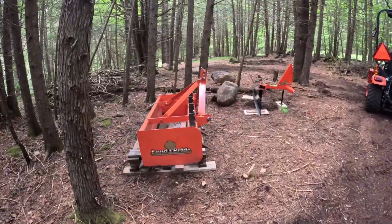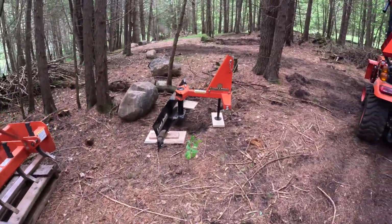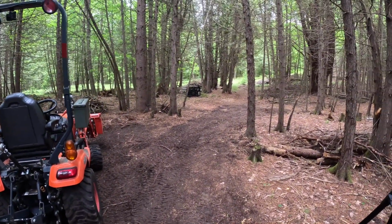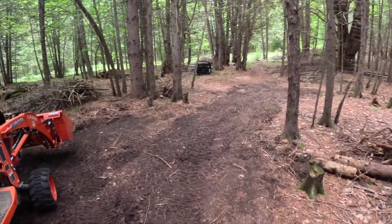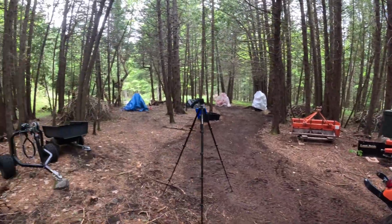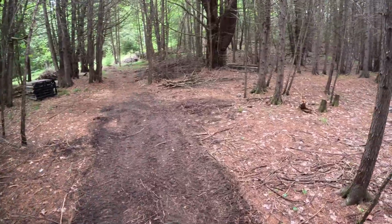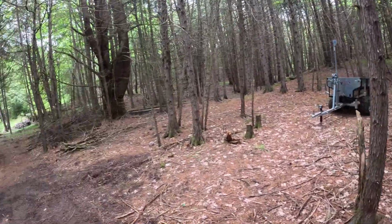And then of course I've got my grater box and my scraper blade. And over on that side is the forks. So, yeah, everything is in good position. Now we're dealing with some more really weird weather, so I'm not really sure what the heck is going to happen. So I still can't really start on the siding or